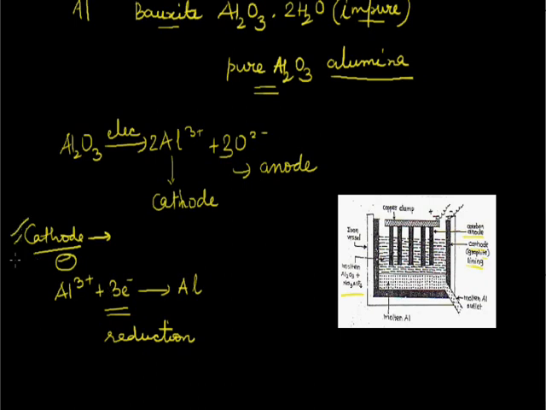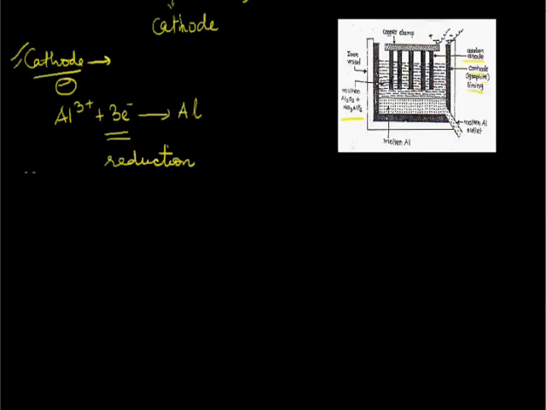This is very important to remember. The metal is being extracted at cathode, which is a negatively charged electrode. So this molten aluminium, as it is shown in the diagram, forms a layer at the bottom of the iron tank and can be extracted out from the outlet. And the oxide ions move towards anode, which is the positive terminal.